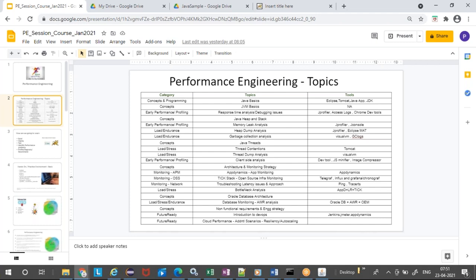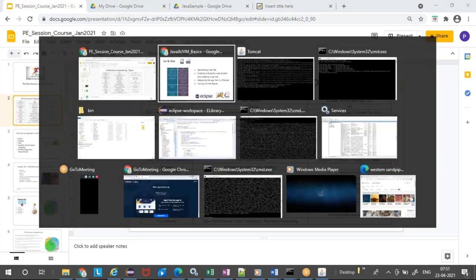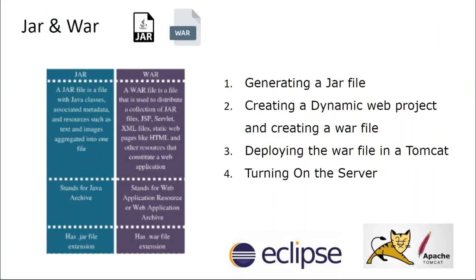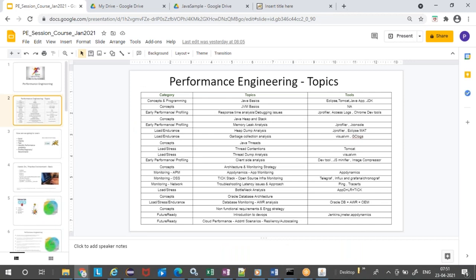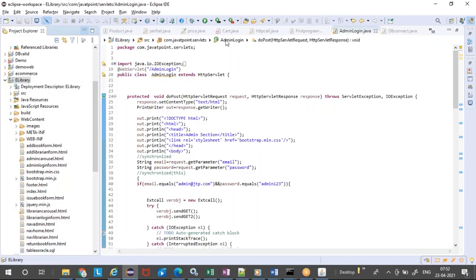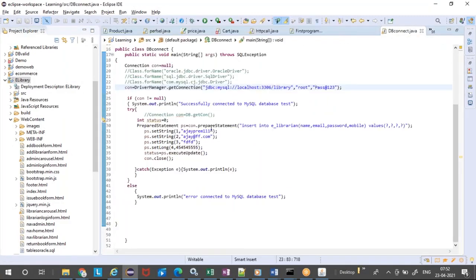Coming to the e-library application, for you to practice this DB connection, you need to have the MySQL database installed. There will be a link in the sheet from where you can download MySQL, then create a database and create a user ID and password. With that you can go and execute this program.